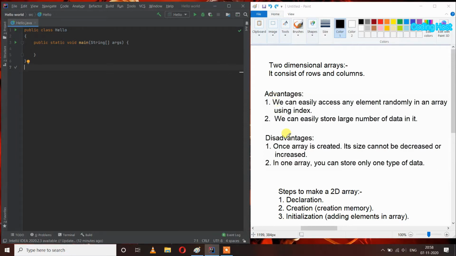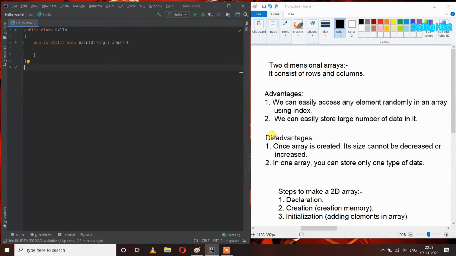If you have seen my previous video of introduction to 1D arrays, the advantages and disadvantages of 1D and 2D arrays are the same. That is, we can easily access any element randomly in an array using an index, and we can easily store a large number of data in it.